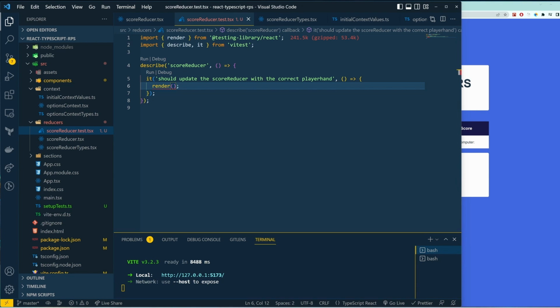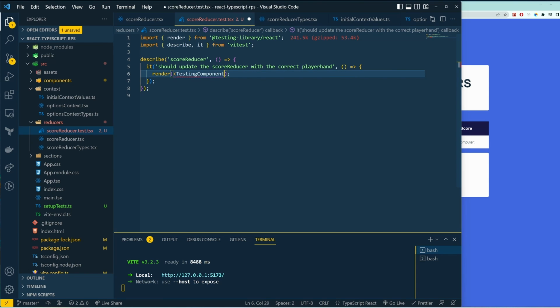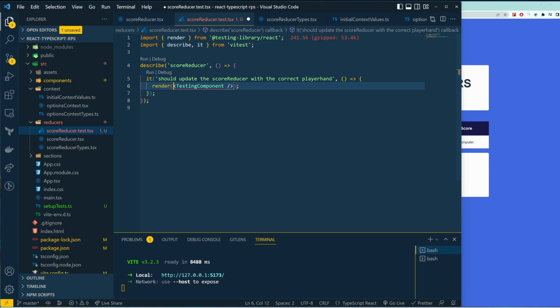For this kind of scenario, I'm just going to create some sort of a component. Any component would be fine. So I'm going to create one component here that we will use to use reducer inside and just test it, make sure that it's working. So I'm going to call this one testing component. Okay. This component does not exist anywhere. We are going to create it right now. And make sure that everything is working, of course. So we're going to render this component,